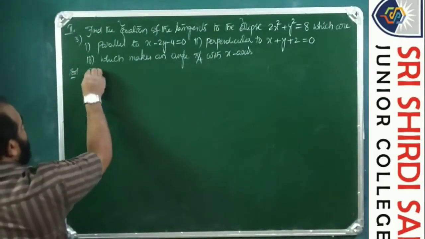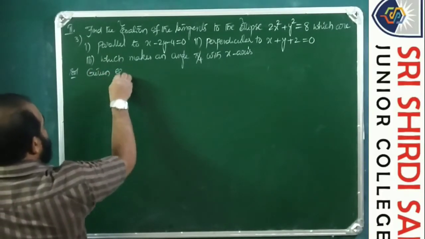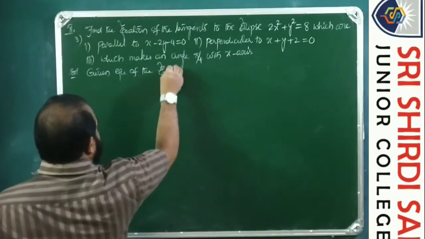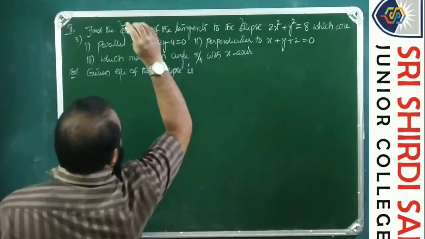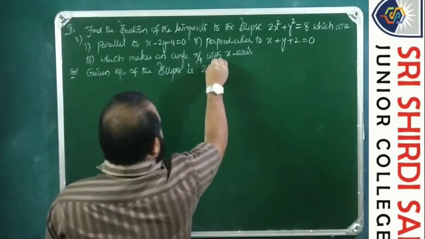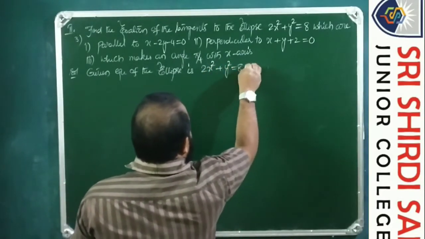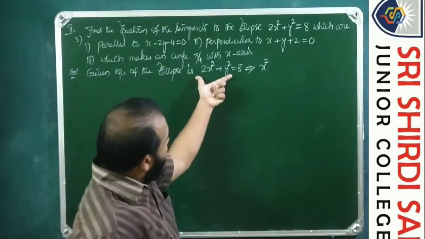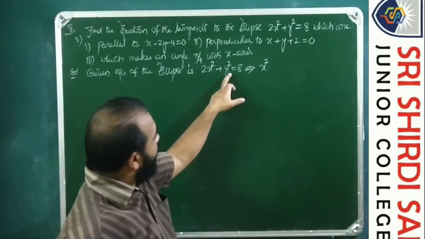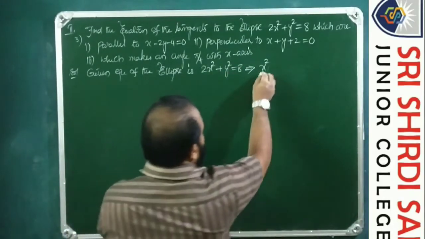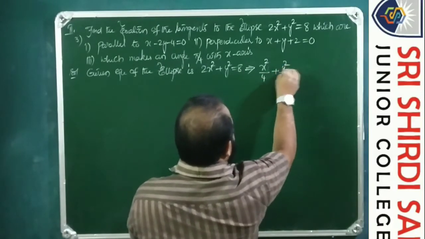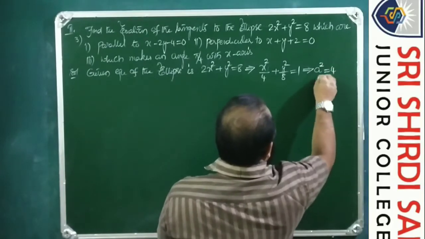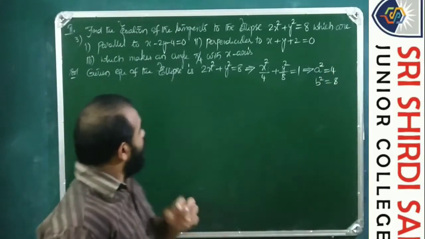So this is given, equation of the ellipse is 2x square plus y square equals to 8. So if you divide 2x square plus y square by 8, 2 by 8 is x square by 4, plus y square by 8 equals to 1. So a square equals to 4, b square equals to 8. So now,